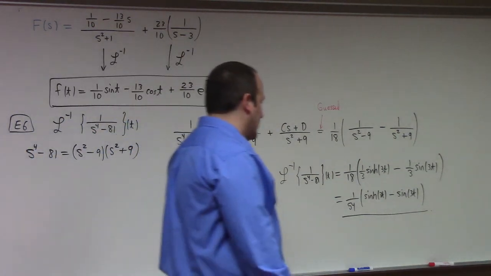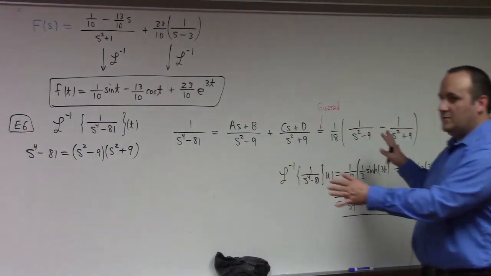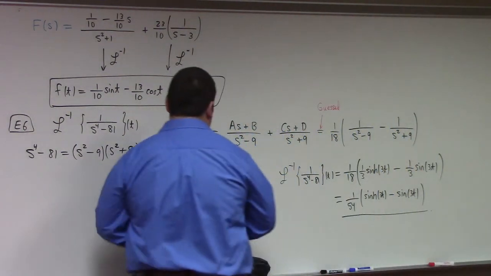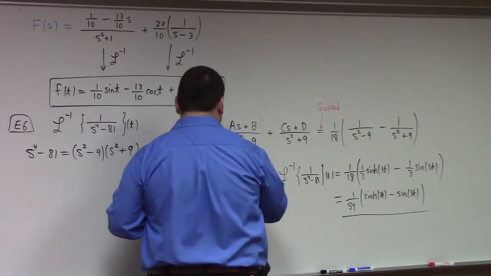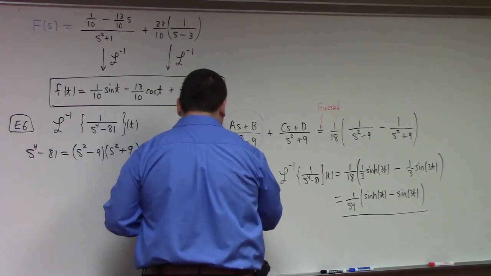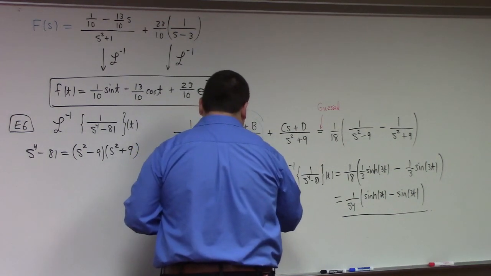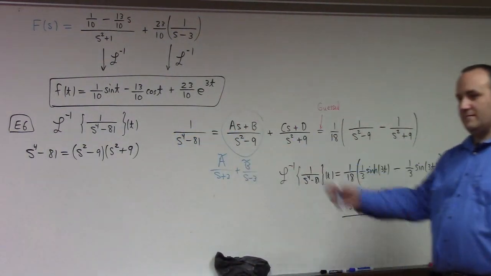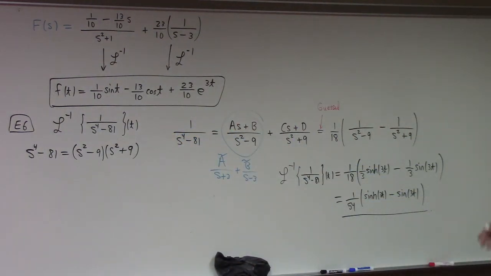Very sad. Now, you can do this with just exponentials, right? If you did it with exponentials, the partial fractions decomposition would have taken this and replaced it with a over s plus 3 plus b over s minus 3. Different, say a tilde, b tilde. I mean, that would have been that. And that would have led you to e to the minus 3t and e to the 3t type